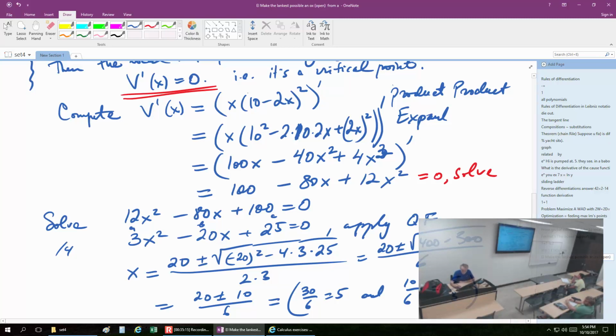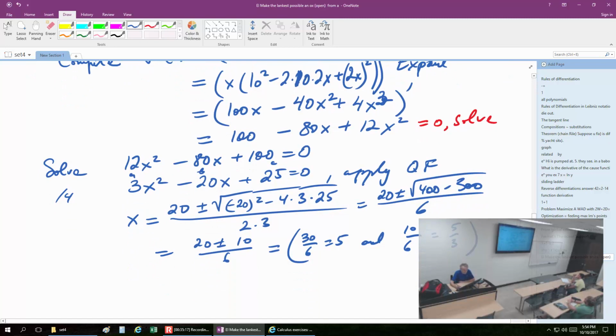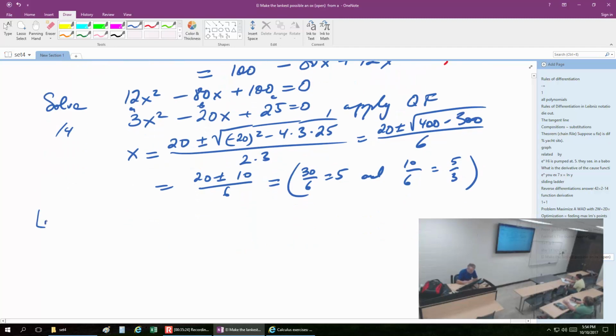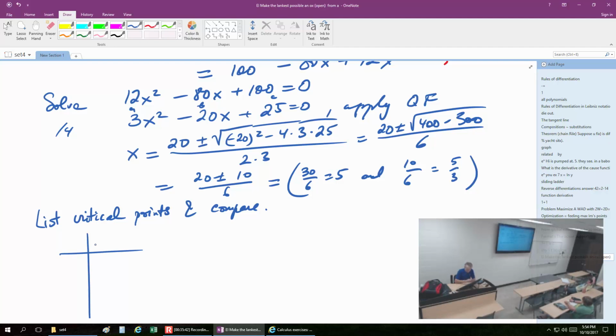Okay. So which way, we ahead of time don't know. So both of them are potential maximum points. So what do we do? So list critical points and compare. So I'll just take these two. No, I'll put 0 just in case, because 0 is the end point of our